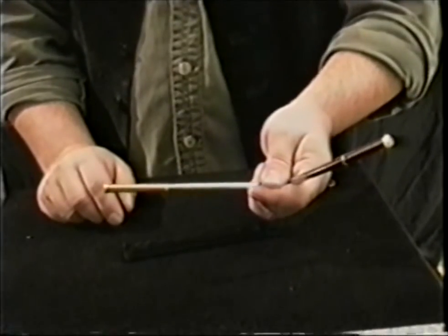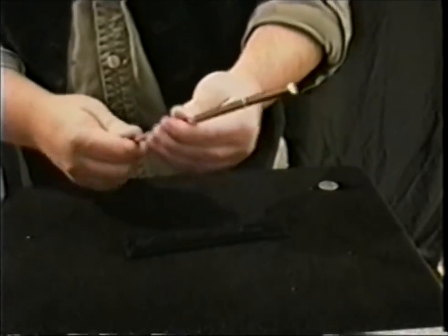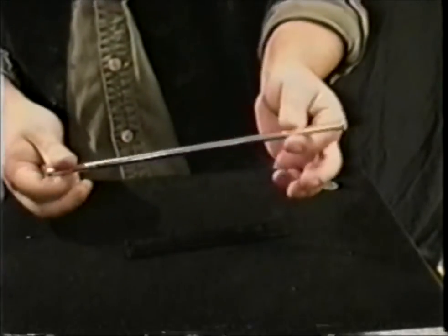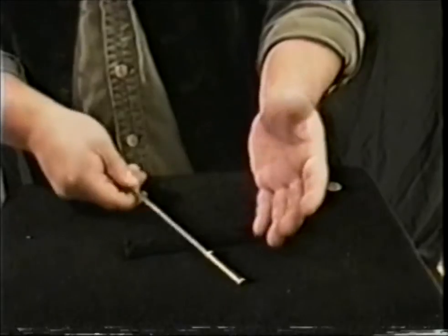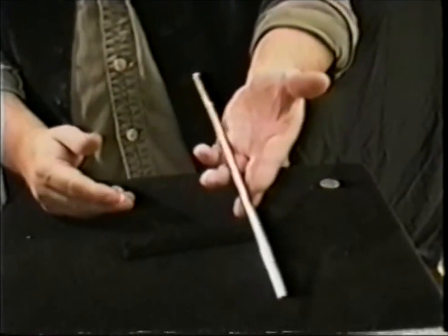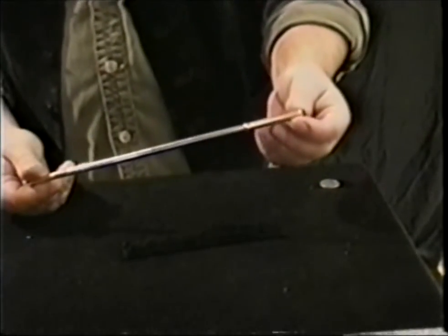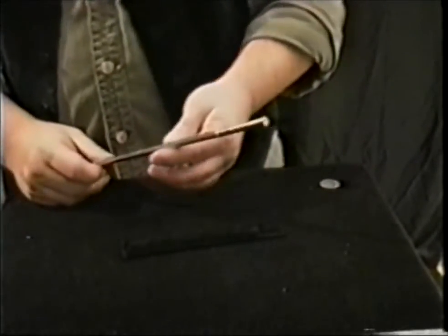You'll see, there we go. They begin to fuse together just like that to form one very solid wand. When I say solid, I mean it's really solid. It won't bend or fold or do anything strange, but it's a solid magic wand. What John did was gaff one of the ends of the wand to make it magnetic. This way,